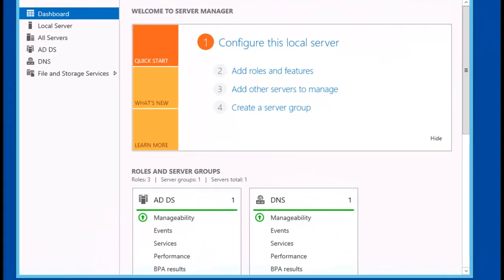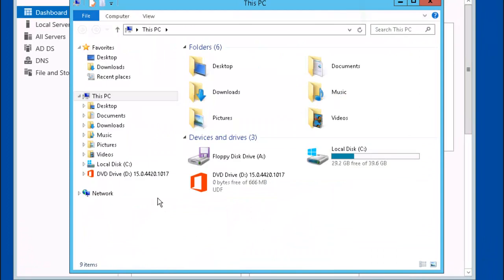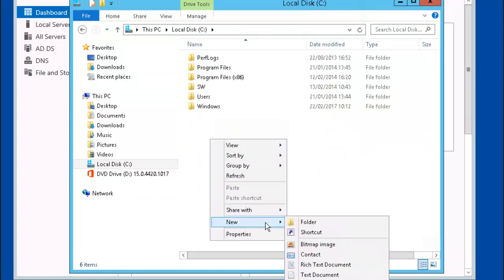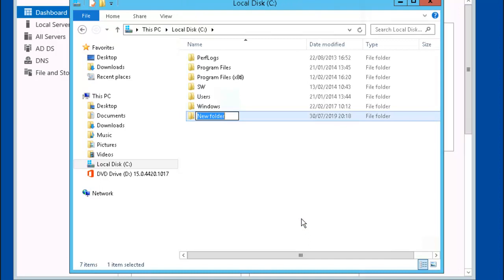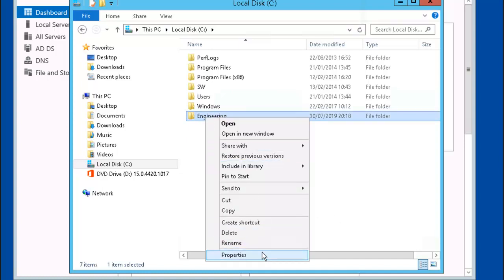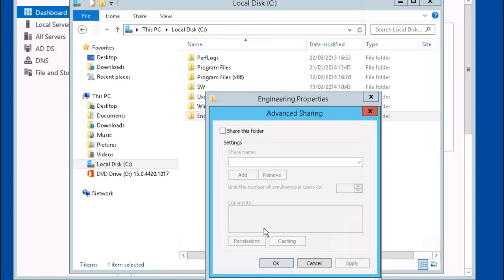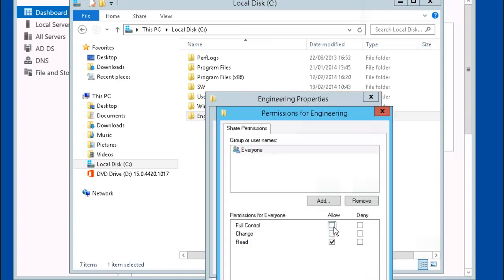For this exercise, we're back in PLAB DC, our domain controller. Let's navigate to our C drive, right mouse click, new folder. We'll name this folder Engineering. Right mouse click on the folder, go down to Properties, Advanced Sharing, share this folder, click on Permissions, Full Control,